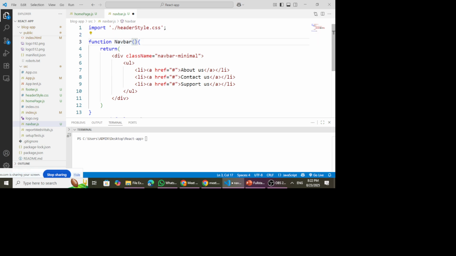For now the parentheses are empty because we are not passing any properties. And now let us say we want to pass a property, some properties or some values or some arguments to this function called navbar. So we can pass it by just passing any variable. We can call it props,